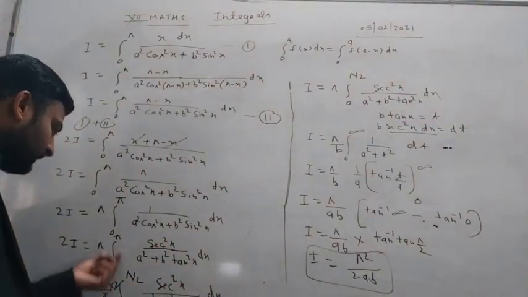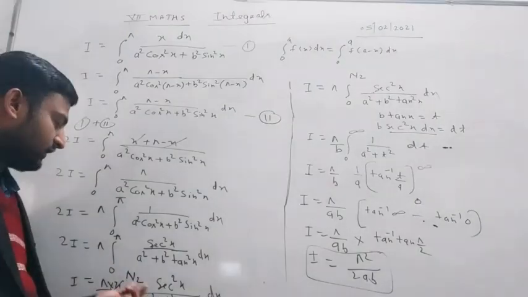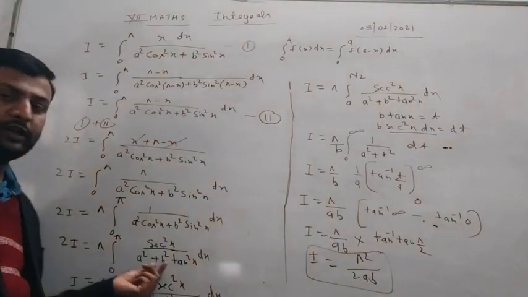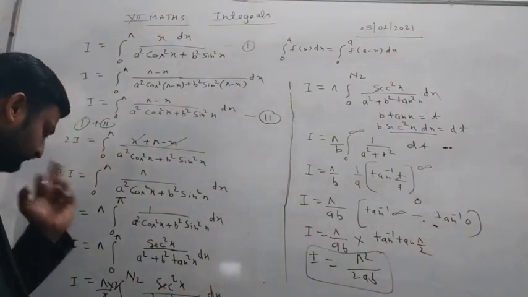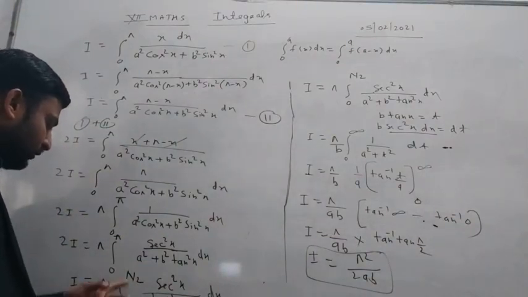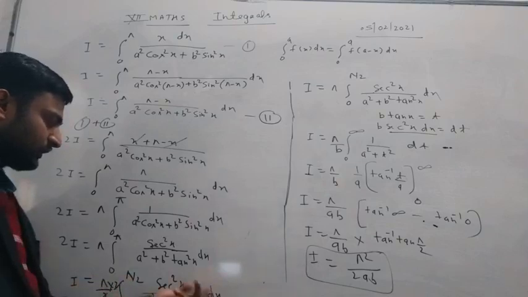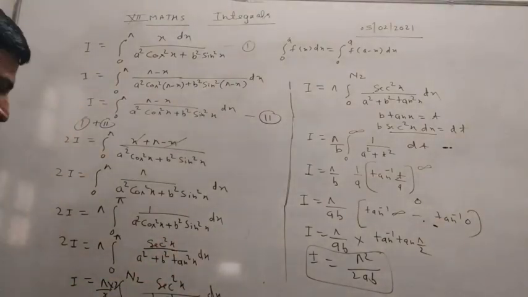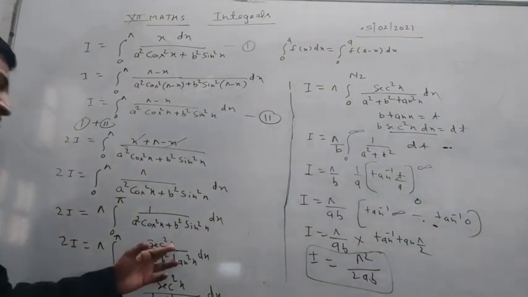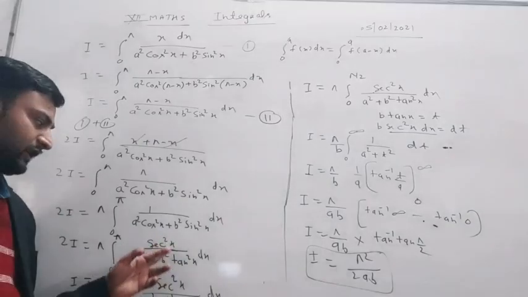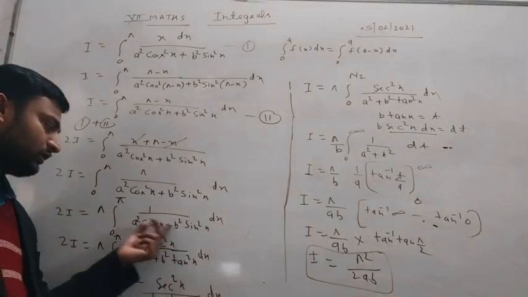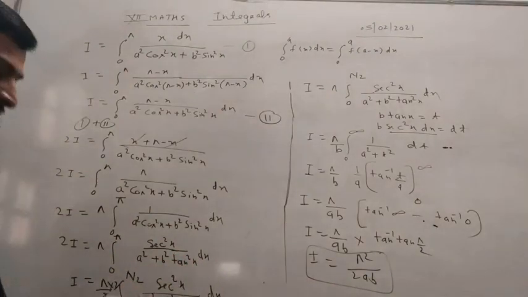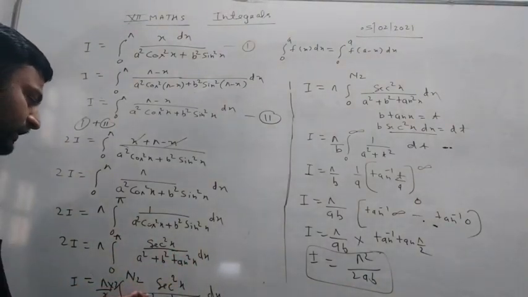Okay students, now this is the integral from 0 to 2a, so we can write it as 2 times the integral from 0 to a of f(x) dx. So this is the same, because when we put sec minus theta, we get sec theta, and minus sec theta squared is positive, which gives us the same thing. Similarly here also, so this will be the same, so we can change this into the integral from 0 to a of f(x) dx.